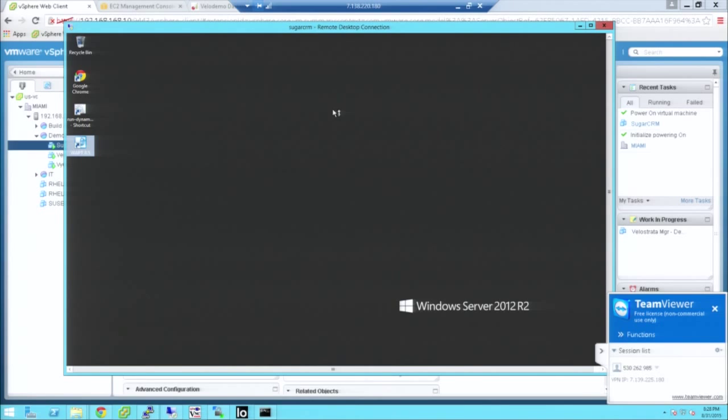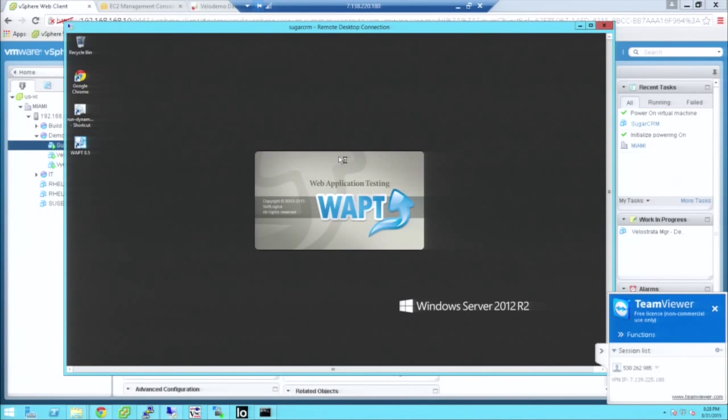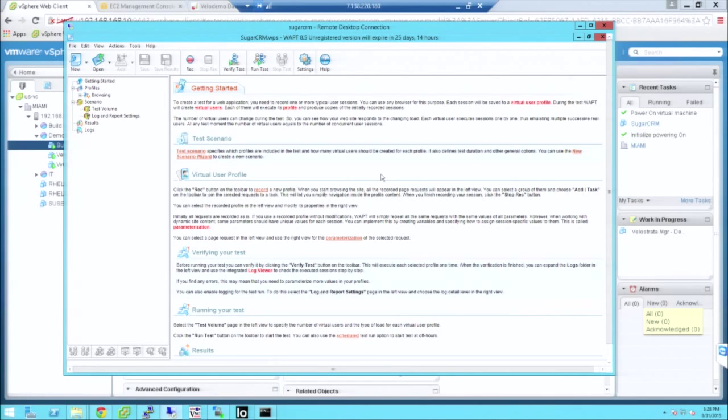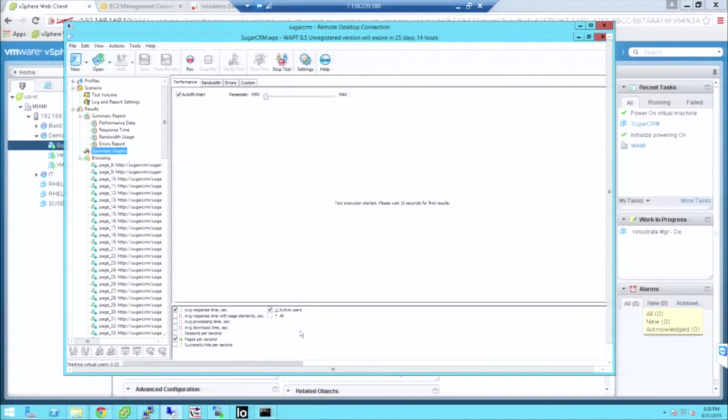I'll start the application and show you around once the load is starting. Generating about 20 concurrent user load on that machine, and